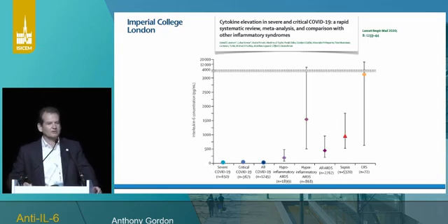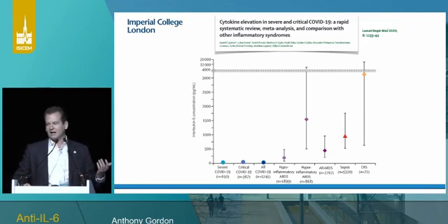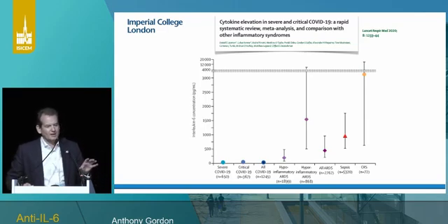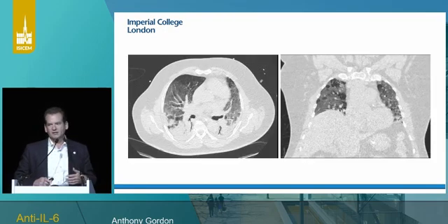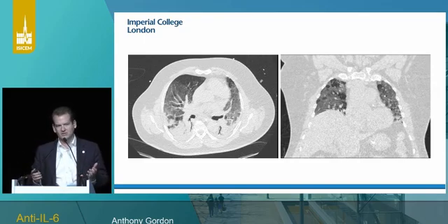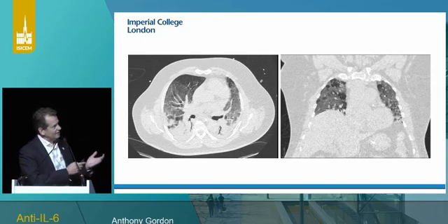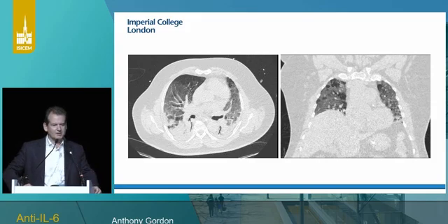And you can see that, in fact, the hyperinflammatory state or sepsis actually has levels that are 1,000-fold higher. So it's not a disease of systemic high IL-6. So why would IL-6 inhibitors work? Well, as we all know, these patients are not the patients who have profound shock and so on that we might see in sepsis. The inflammation is generally, what we see is the pneumonitis in the lungs.